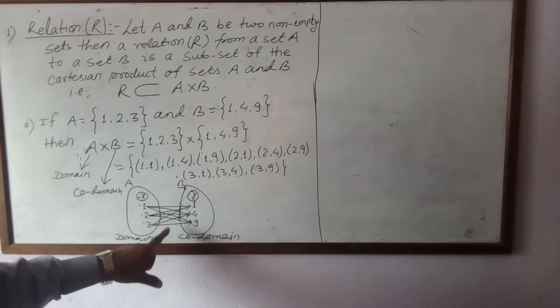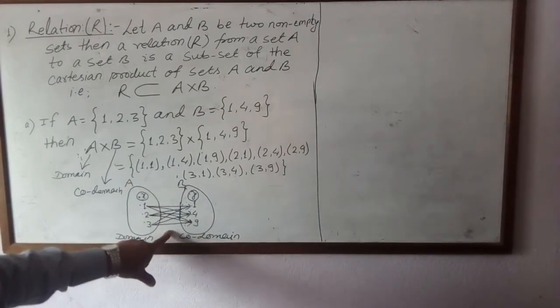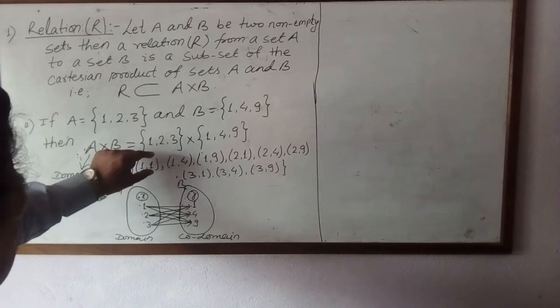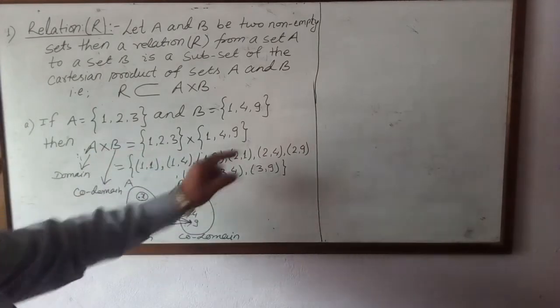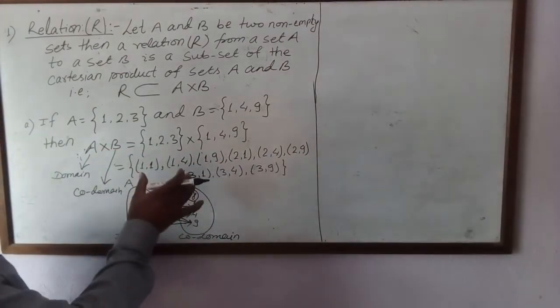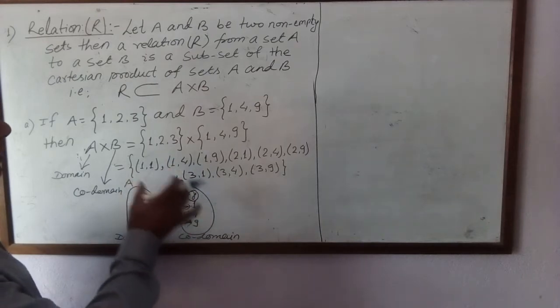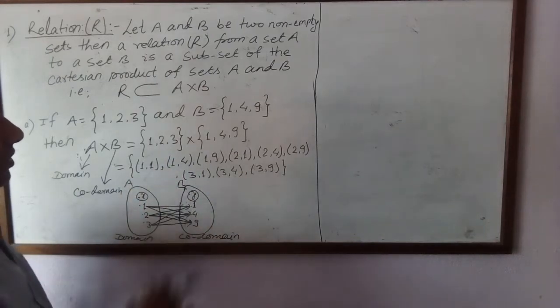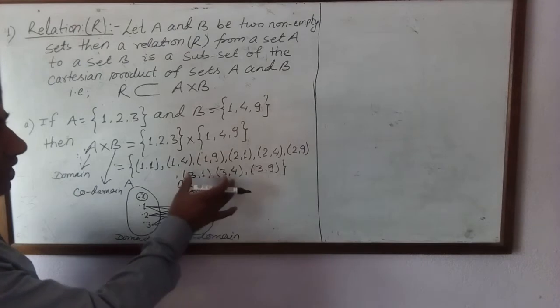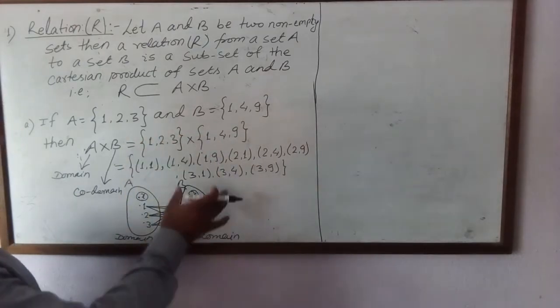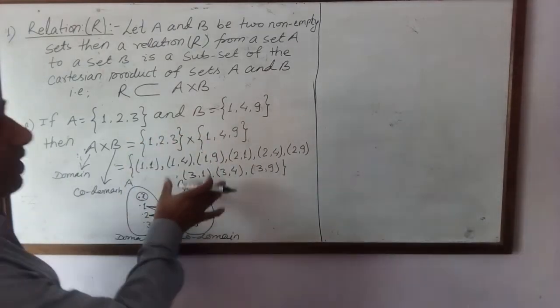Now this one is the Cartesian product. From these nine ordered pairs, I'll take one example of a relation to define relation, which is a subset. From here we have to make another set which is known as a relation. Now one example, suppose: